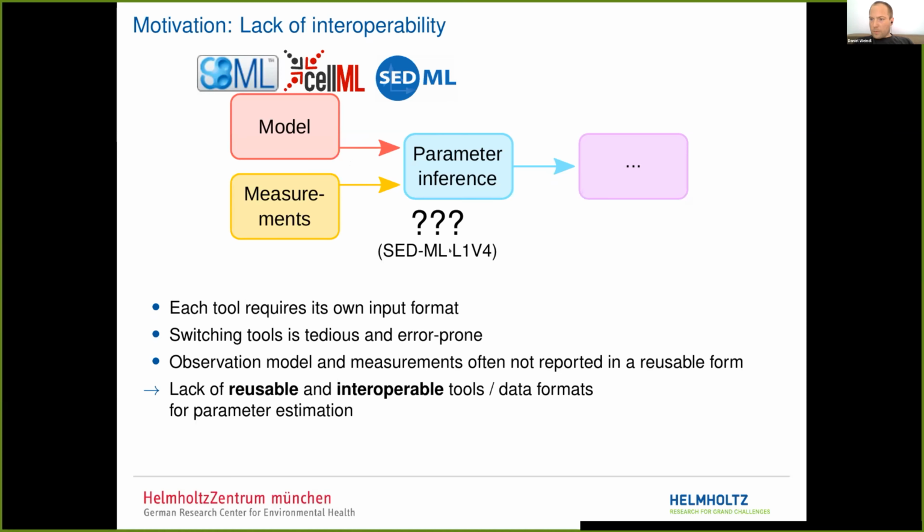To be fair, one would have to mention here the upcoming SED-ML standard, which actually does address this problem and comes with some parameter estimation functionality. But when we started with the development of PEtab, there wasn't really too much. So yeah, as I said, it's pretty tedious and also potentially error prone to convert your